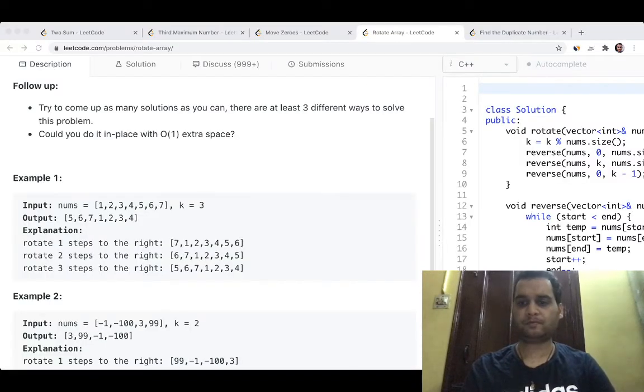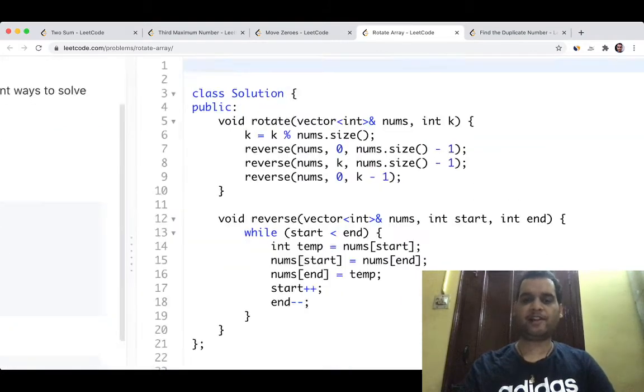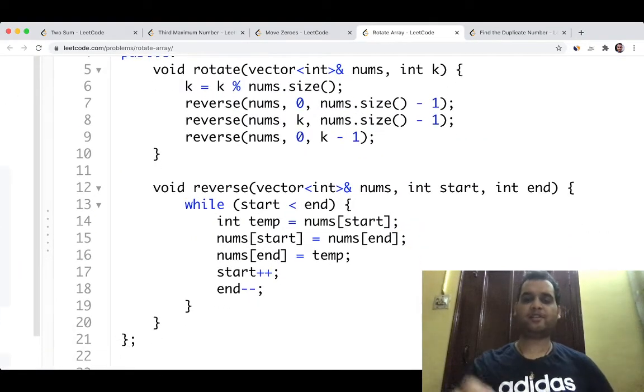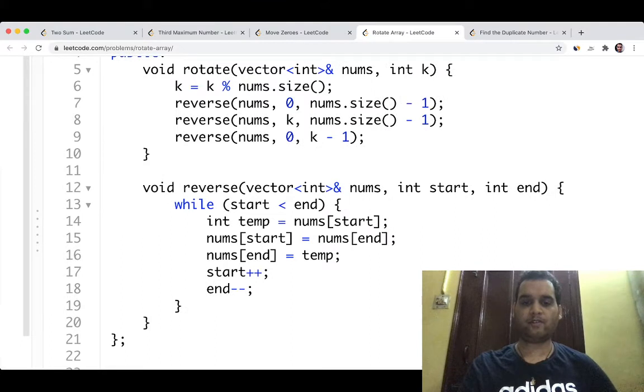Okay, so in this we have created another function to reverse. Let me first explain the reverse function. It takes nums, the array, the vector in this case, the start index and the ending index. We have used a simple logic of while start is less than end, where we have taken two indexes, start from the left and end from the right.